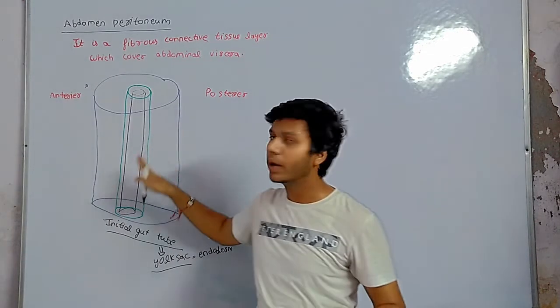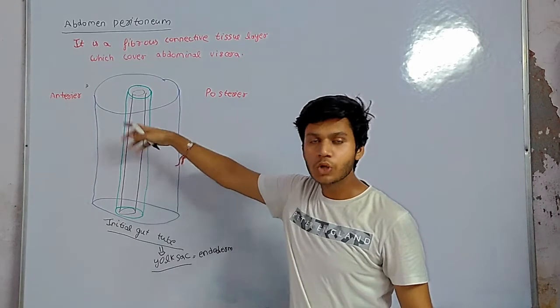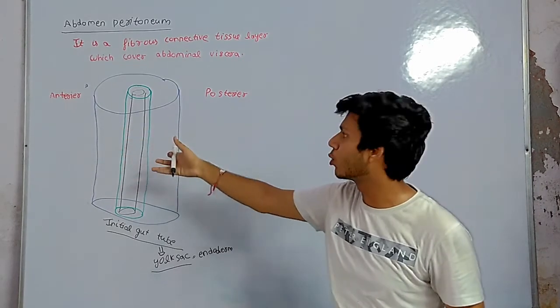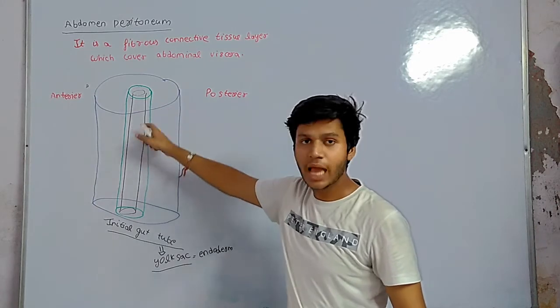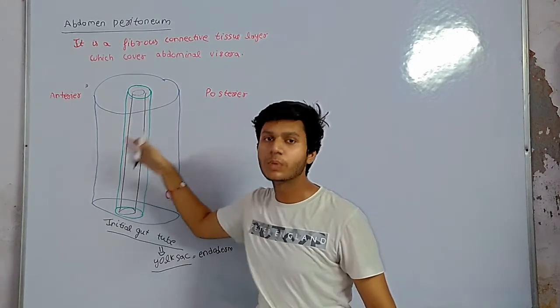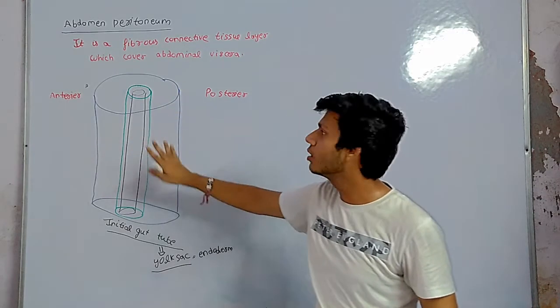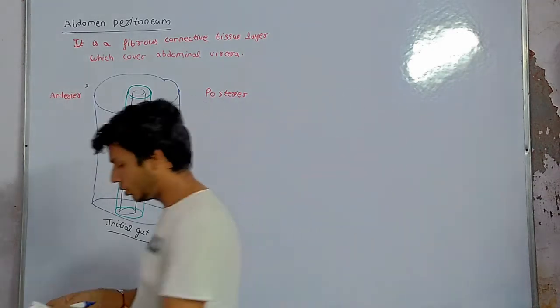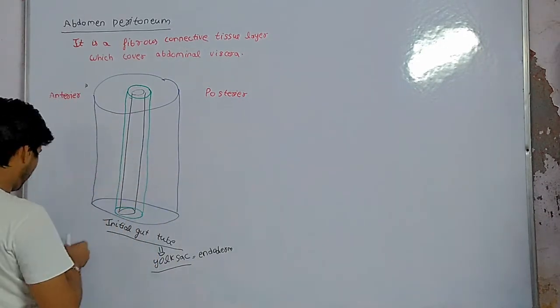But how is it formed? It is not formed like this because the gut tube is hanging. So how is it hanging from this peritoneum? From this view we cannot say the gut is hanging because no support is present. But we say this is just a two-layer covering. But how is it connected to the abdomen? The gut tube is connected to the abdomen like this.